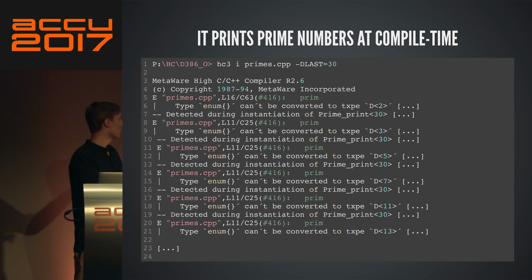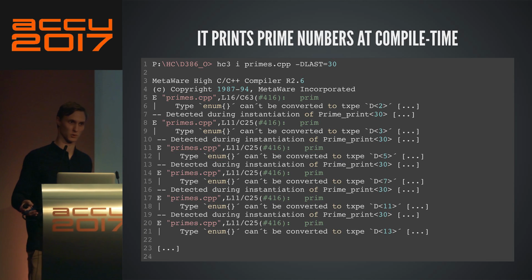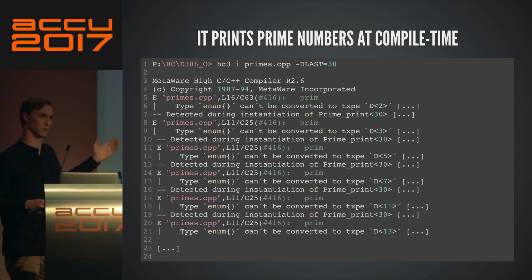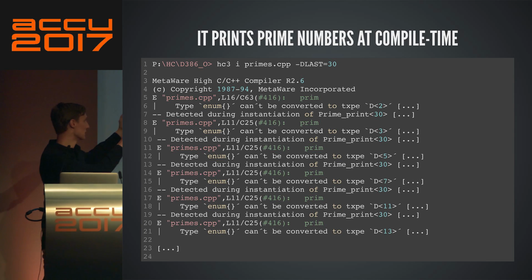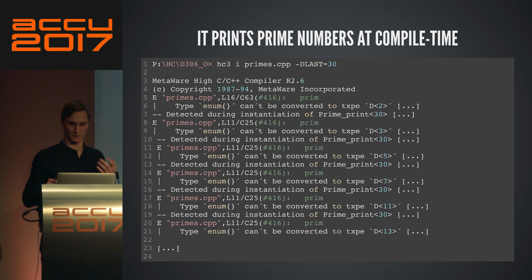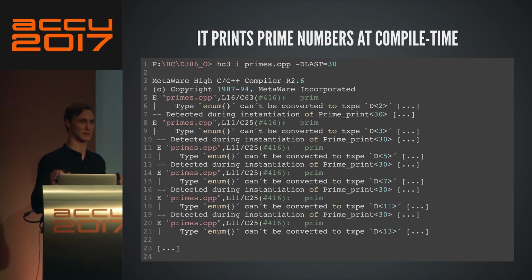So essentially, what happens here is the compiler tries to compile the program. It doesn't work because the program is invalid, is ill-formed, and then as part of the diagnostic, it outputs some information, and the program is built in such a way that the compiler will output basically the prime numbers here. And what this shows is simply that using templates, we are able to compute not quite arbitrary stuff, but at least the list of prime numbers up to a fixed integer.